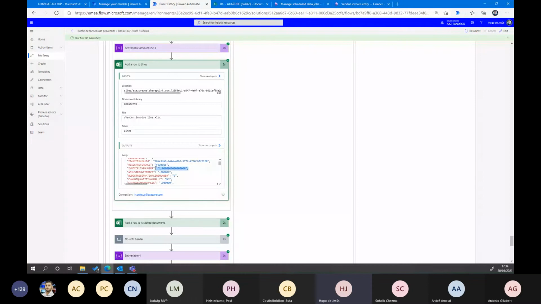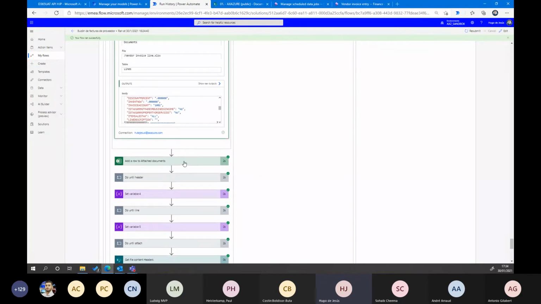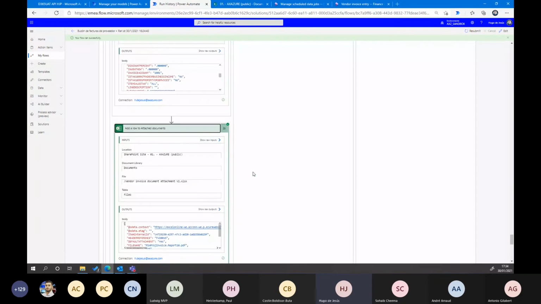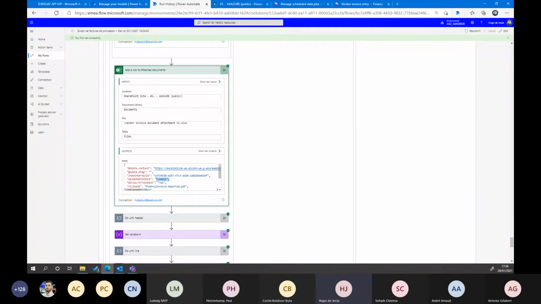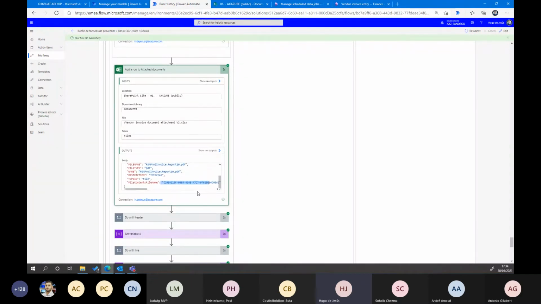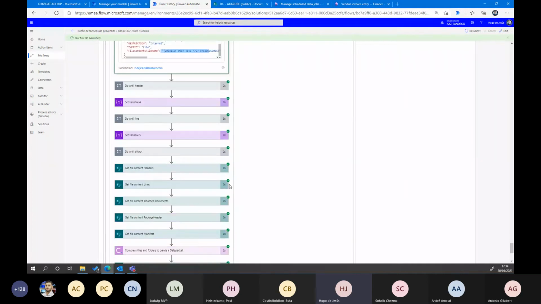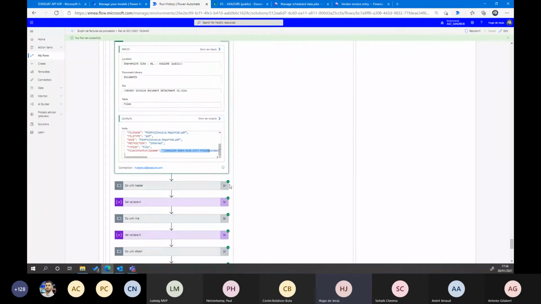The invoice line, the name, all the information of the line of an invoice, delivery name, discount, the price, and go. And then attached document, the header reference again, the name of the file attached to the email, and the content of the file. Okay. And this is the Power Automate.